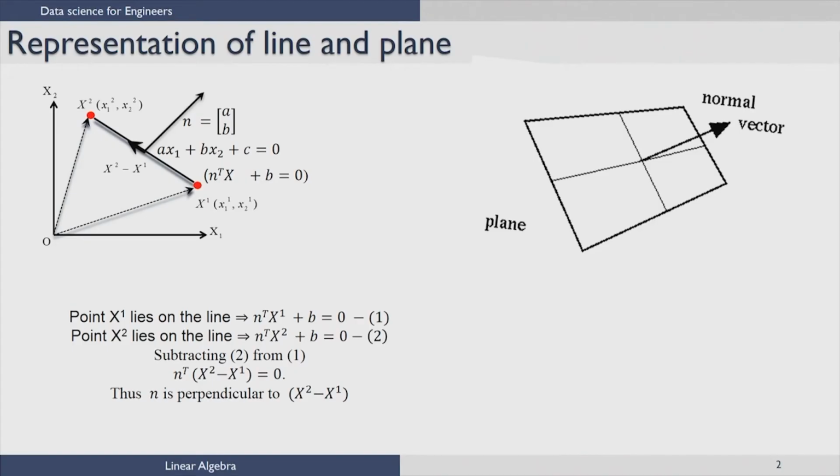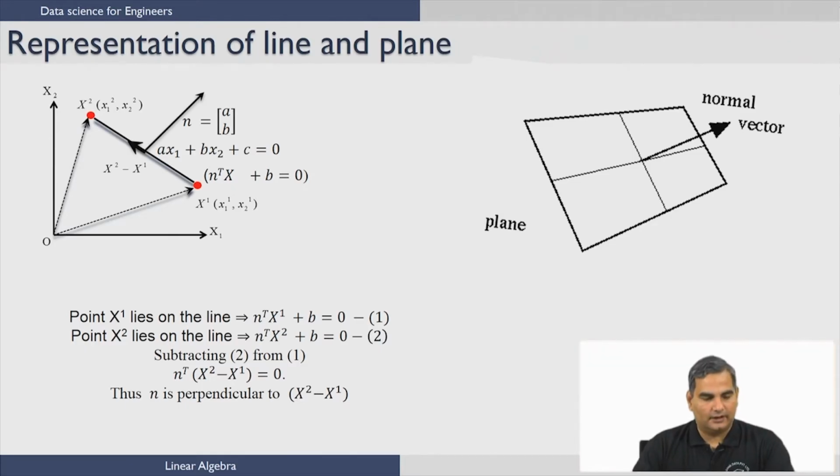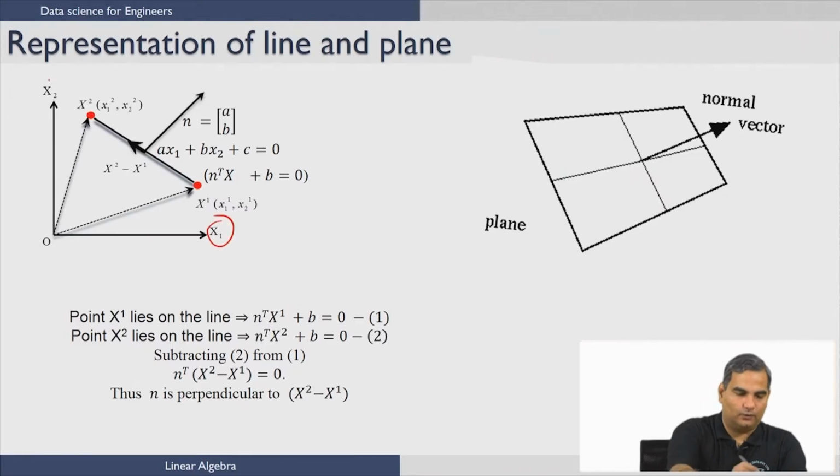and then think about what geometric objects these equations represent. So, let us look at what equations mean from a geometric viewpoint. To do this, let us start with 2 dimensions. Let us assume that we have a 2-dimensional space in x1 and x2,